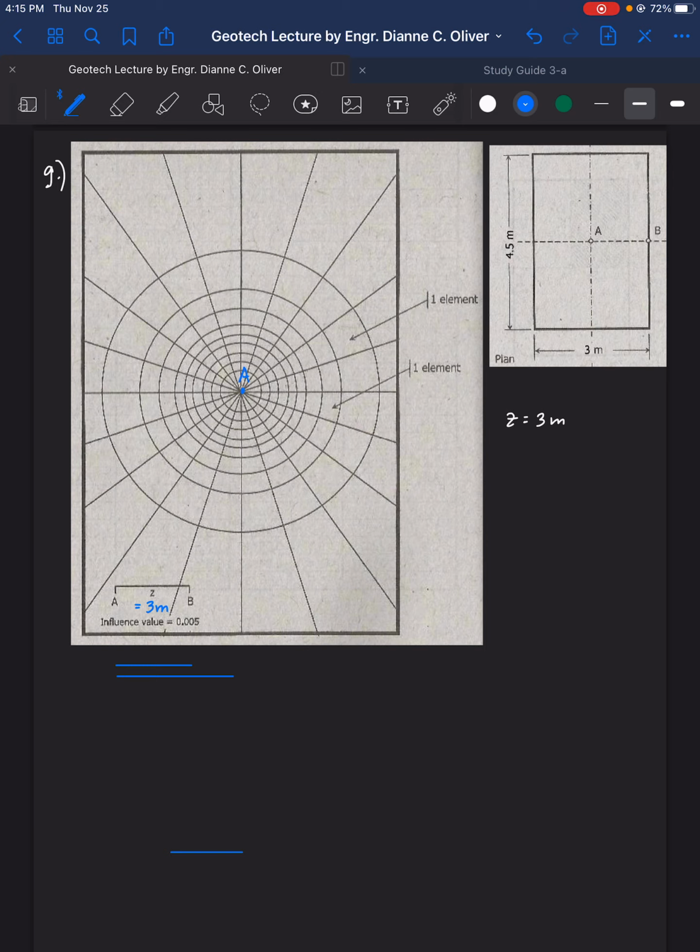So this is 3 meters, this must be 4, then 4.5 meters. This is just approximate, but if you have your ruler with you, then